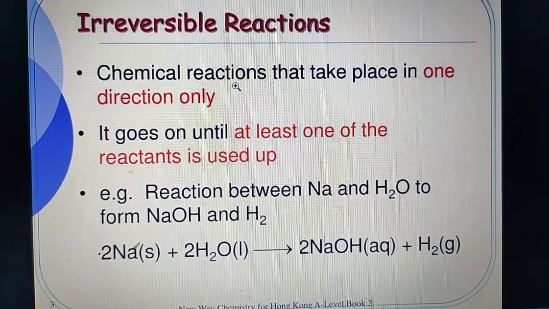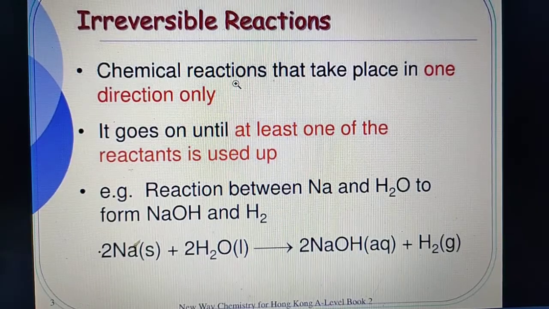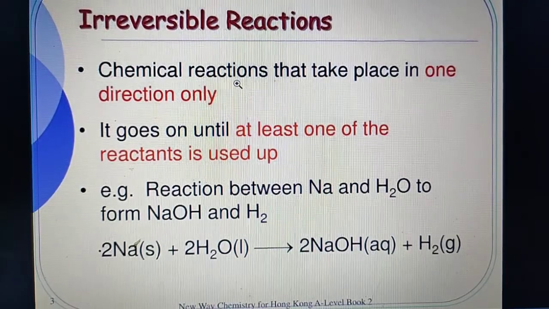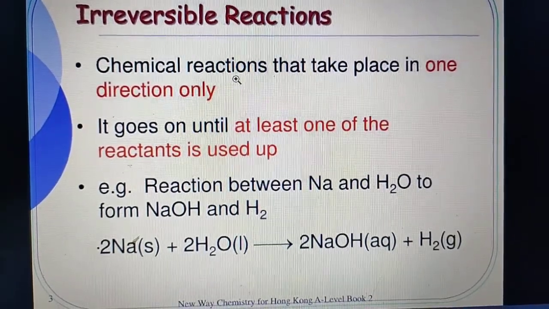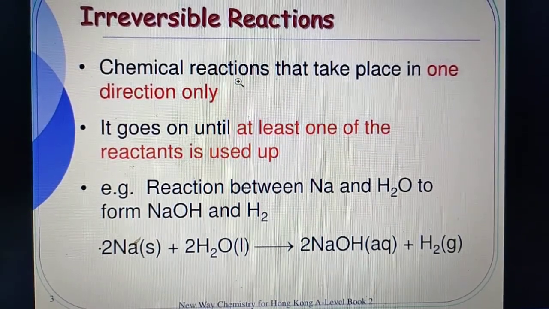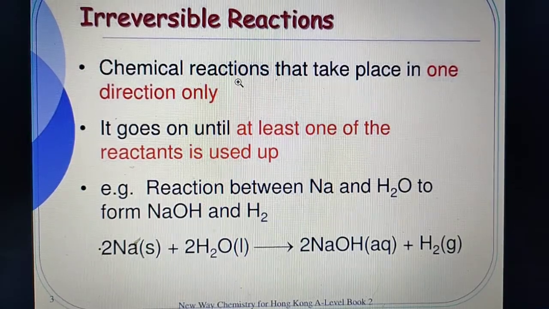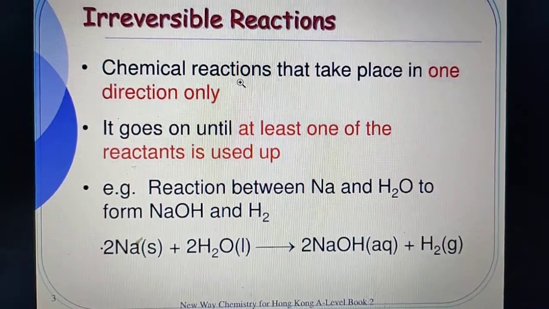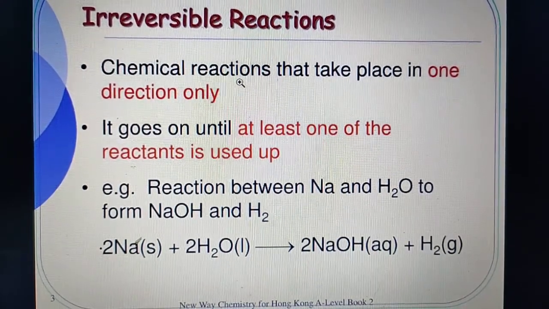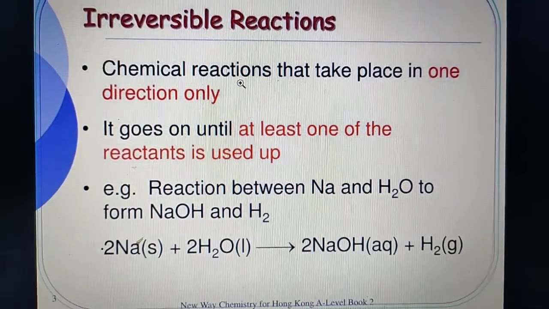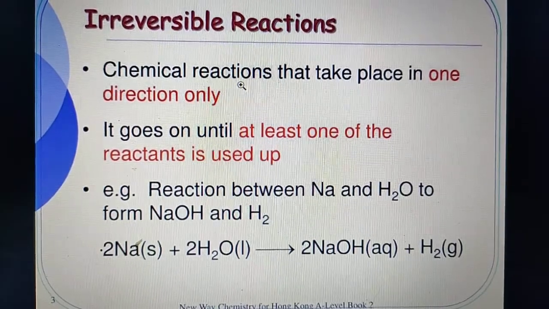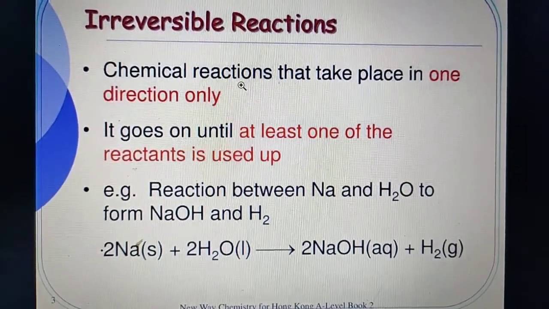These are the reactions where the complete conversion of reactants into products takes place. For example, you can see that sodium and water react completely. They are converted completely into sodium hydroxide and hydrogen gas. Means no reactants are present after the conversion from sodium and water to sodium hydroxide and hydrogen gas. No reactants are there, only products are formed. These two products you will get after the completion of the reaction.